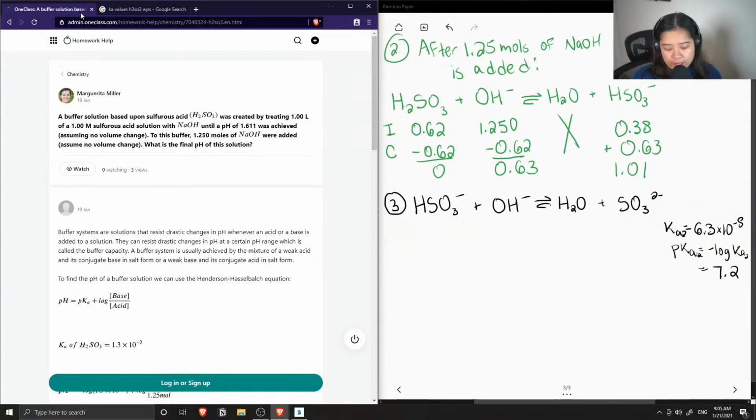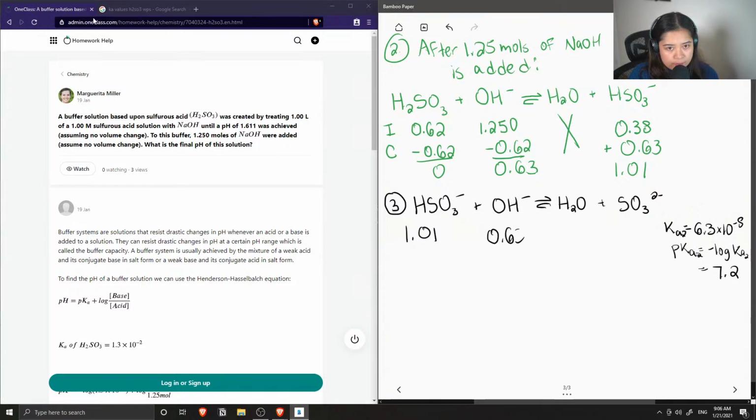So our conjugate base, we know from the previous question, was 1.01. It reacts with 0.63 moles of the OH to produce water. Again, we're not going to count this in our ice table. And the initial concentration of SO3 2- is 0. And for the change,